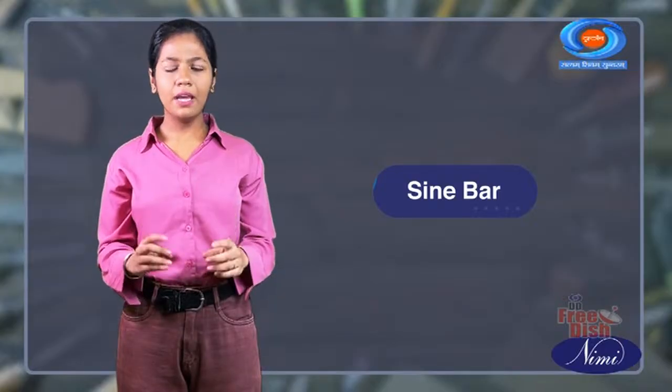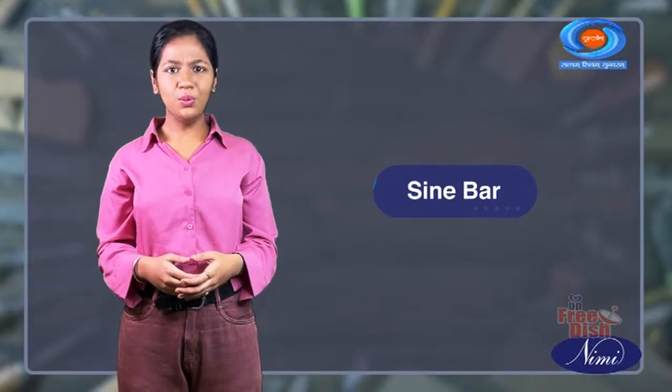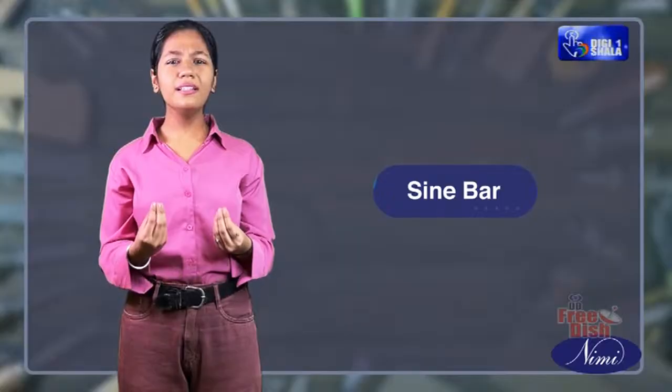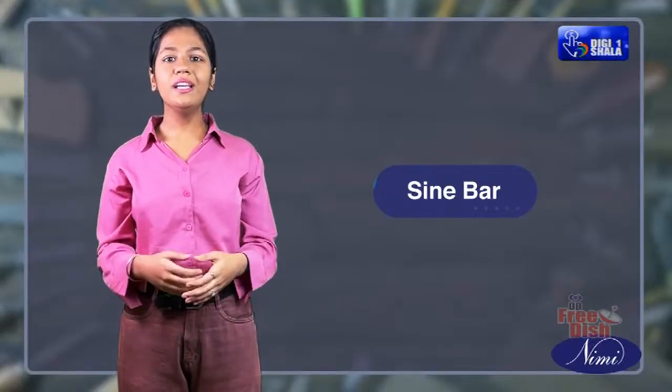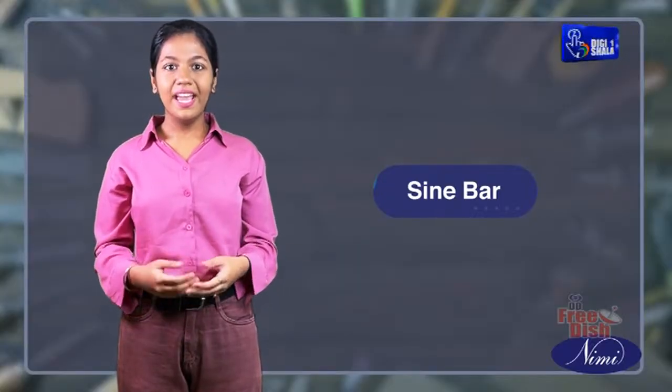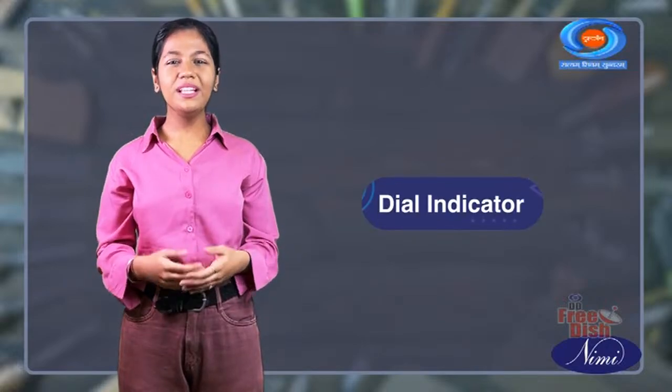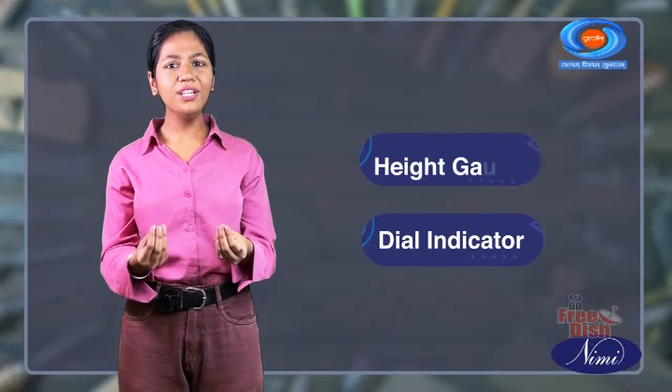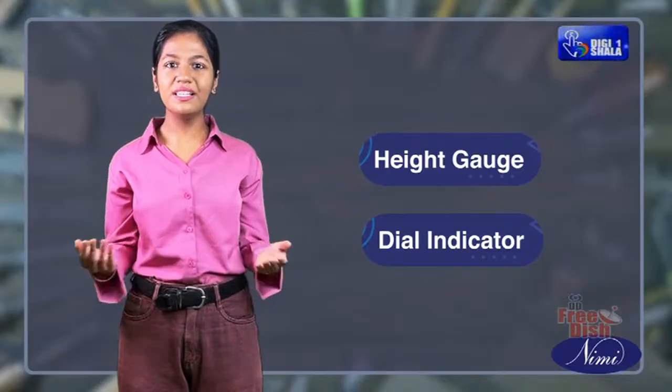A sine bar is a precision measuring tool consisting of a hardened steel bar with accurately ground parallel surfaces. It is used in conjunction with a dial indicator or a height gauge to measure the angle of the scraping